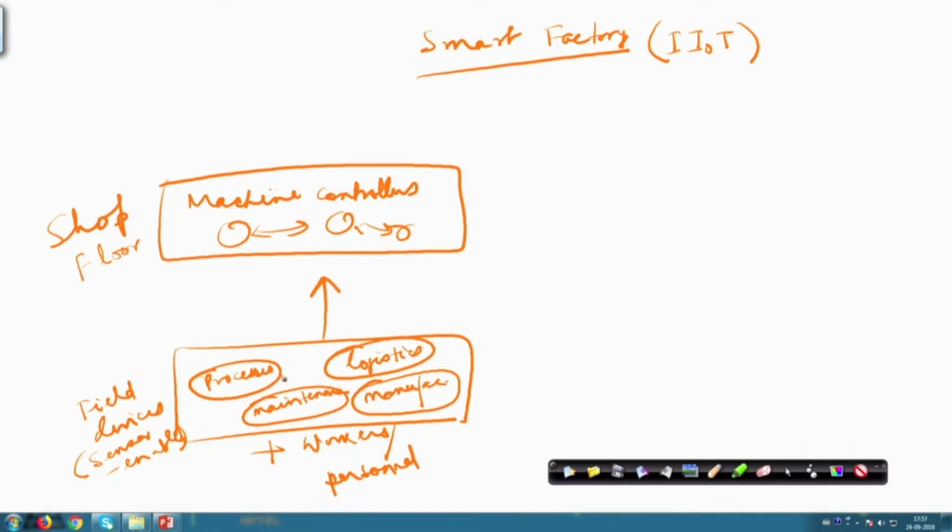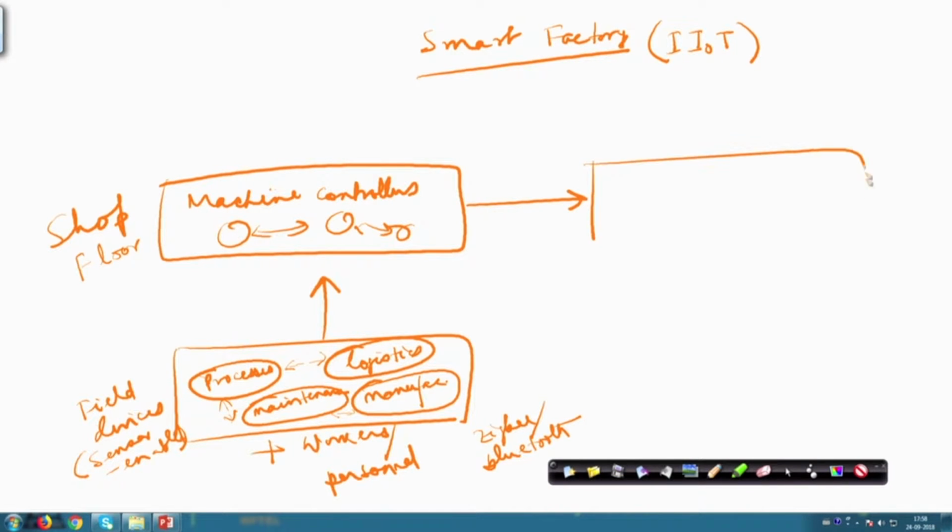I forgot to mention over here that these different devices taking care of processes, maintenance, logistics, manufacturing, and also these components between themselves, are all going to be connected with each other, right. And this is going to happen through the use of different communication mechanisms like Zigbee or Bluetooth, or the different communication technologies that I covered in the introductory lecture on IoT. So, all of these are going to talk to each other.